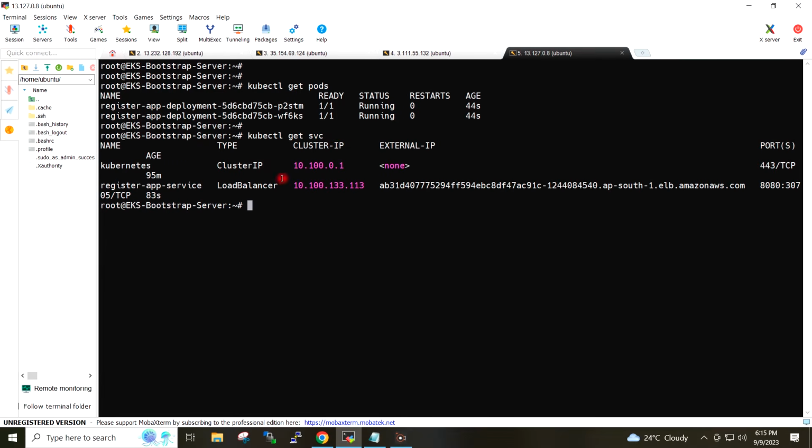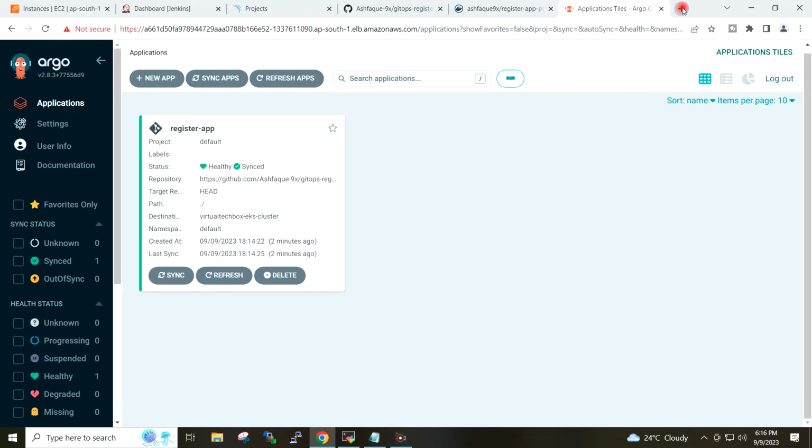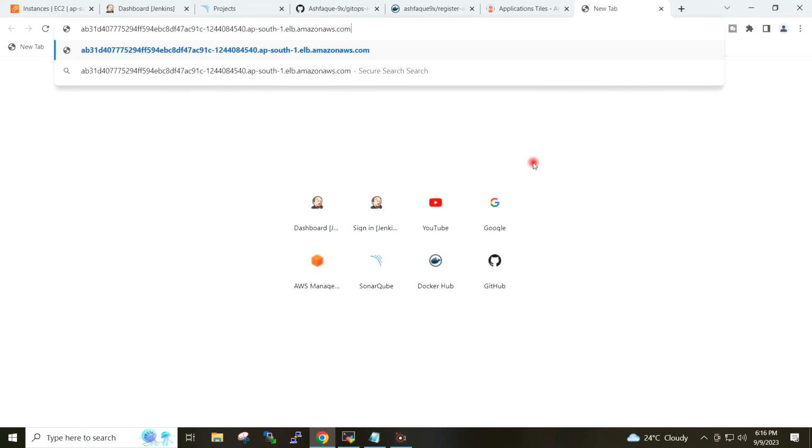So this is the external DNS name of the load balancer created for this application through the service manifest file. So I will copy this DNS name and I will browse it on the new tab with the port 8080, because my container is running on the port 8080.